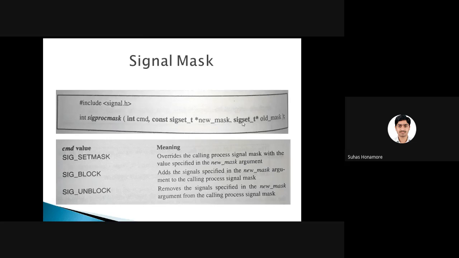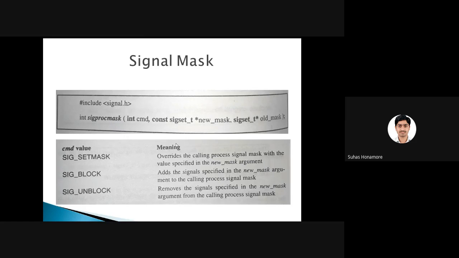Those values are taken for setting all the process signals, defining whether a process by default takes the signal or not. If you want to override it, you can do so by using this masking.